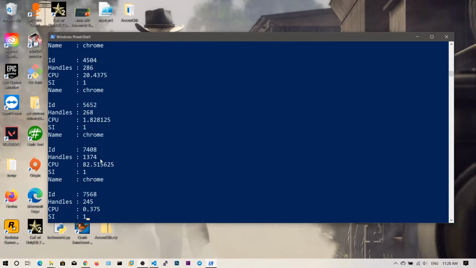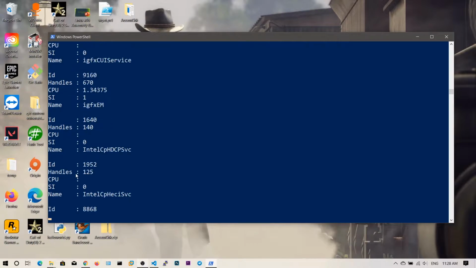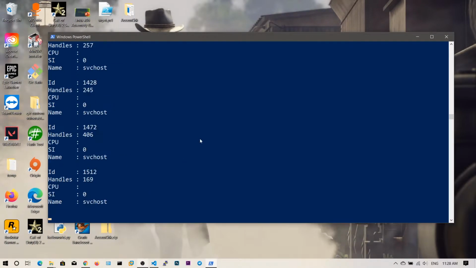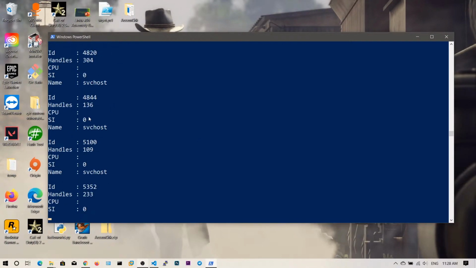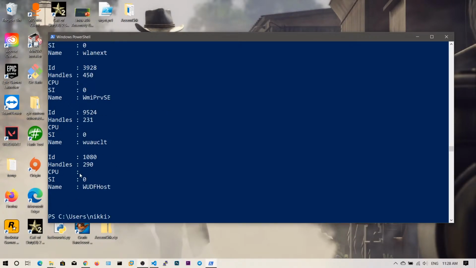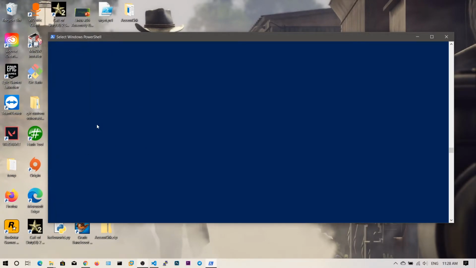If you hit enter, you can see this is the list value. Each and every column of every process will be displayed. You can see these are all the columns and these are the values. In the same way, for every process, the column values, the properties and the values will be displayed. So this is the list value.